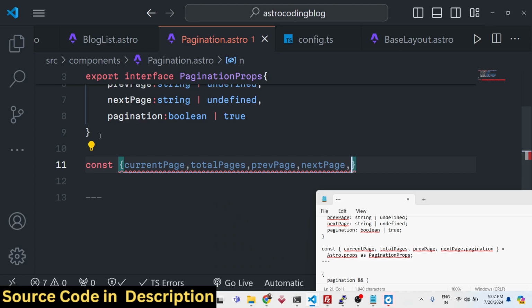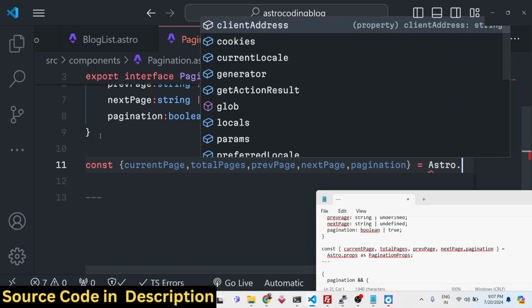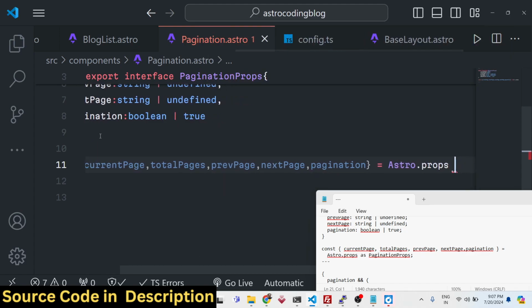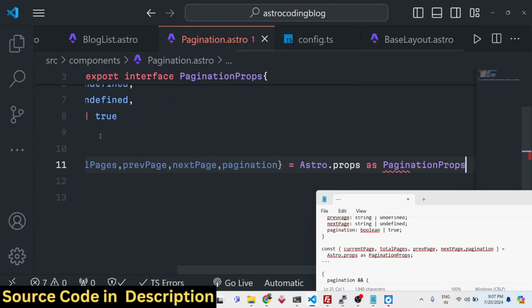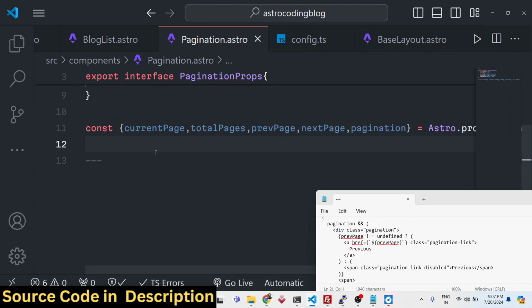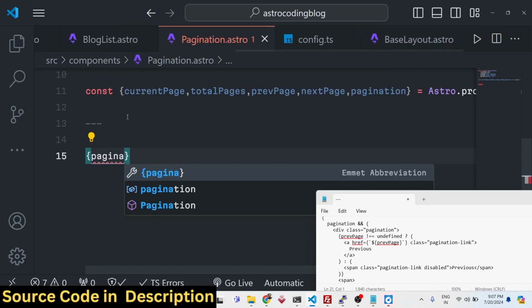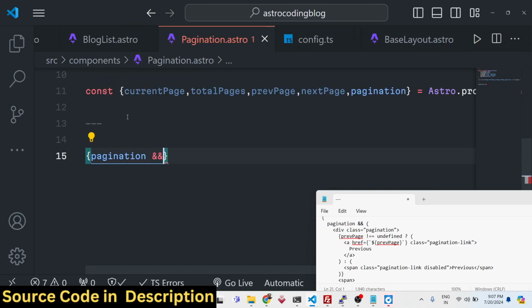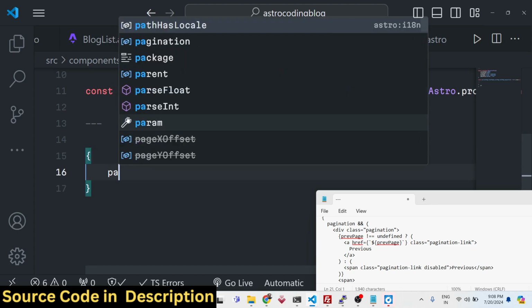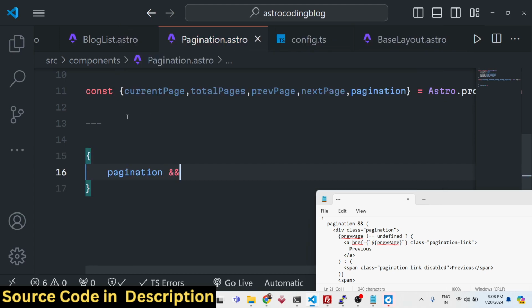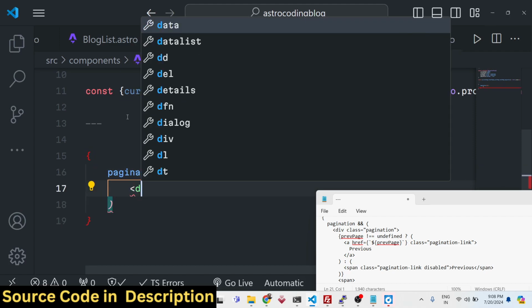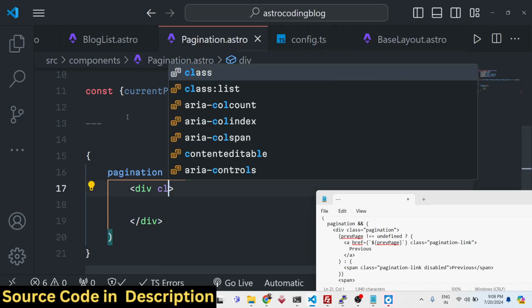next page, and we can get this from Astro props as pagination props like this. So that's all. Now in the HTML, based upon the value of the boolean parameter pagination, if the value is true, in that case only we will be displaying this pagination. We will be comparing if the value is true, then in that case only we will be showing this pagination